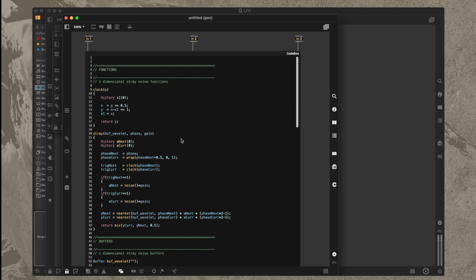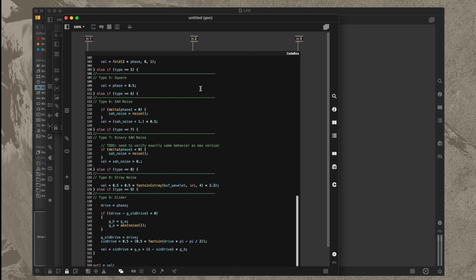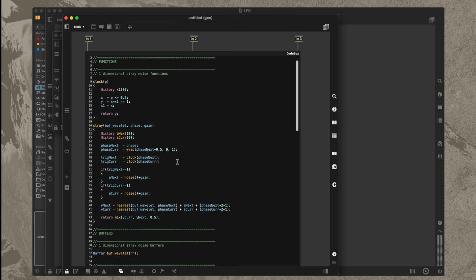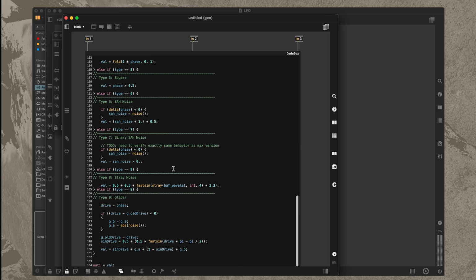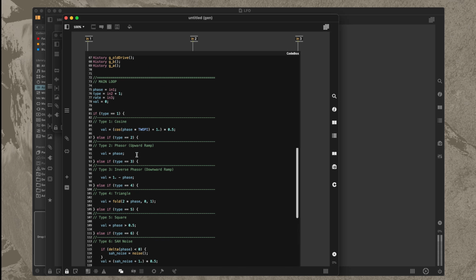waveform gen patch, and here we have some Gen code. So we're working inside of a code box, which means that we're using Gen but instead in code, and this is functionally the same thing as gen patching. So if you've seen me do gen patching on this channel, sometimes I like to do it that way, particularly because I'm so used to Max patching that gen patching comes very naturally. But sometimes people, including me, like to use gen code, and neither is better than the other. It's just whichever you prefer. And so basically this gen code box contains all of the waveforms for all of the LFOs that they have here in the